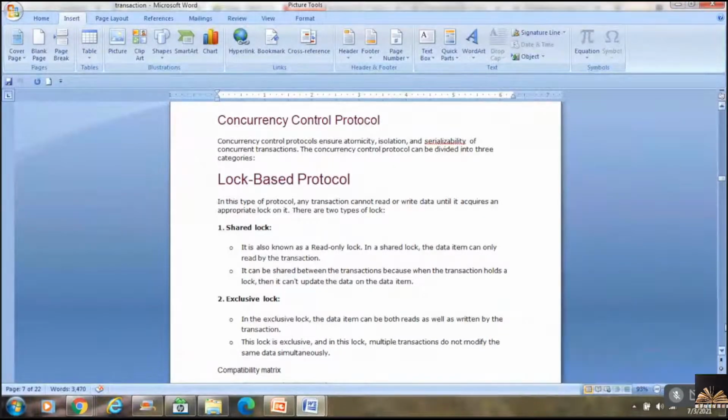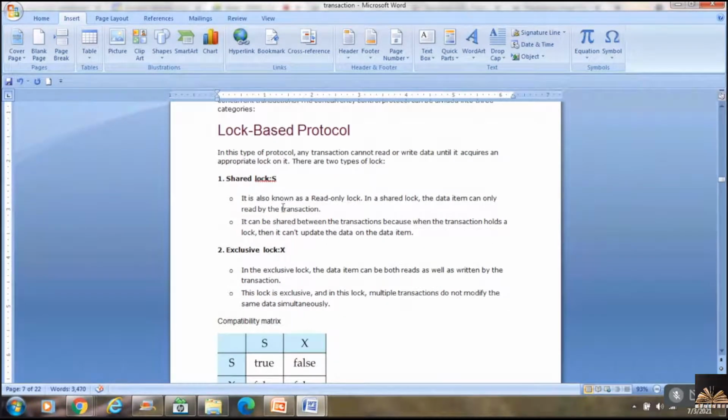Whenever I'm talking about locking a database item, the locking can be done in two ways. The first one is a shared lock, and the second one is an exclusive lock. The symbolic representation of shared is S, and exclusive lock is X. Whenever you acquire a shared lock on a particular database item, you can only perform a read operation.